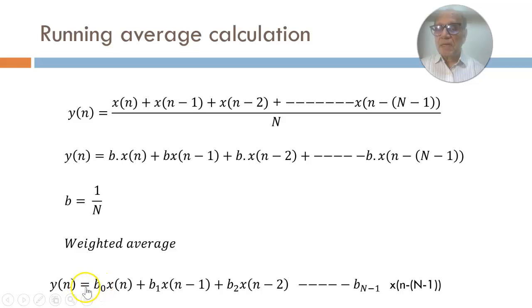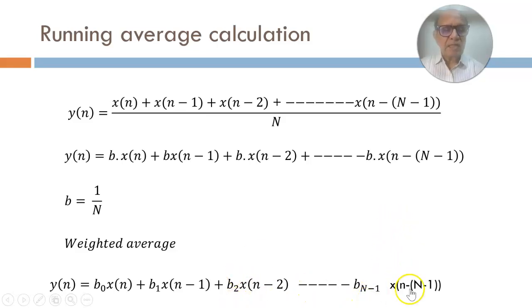And the kind of response that you get from the low pass filter and the nature of the filter itself will depend on the values of B0, B1, B2, etc. This is quite a general equation for a filter, and you can build a low pass filter or a band pass filter or a high pass filter and so on. Of course, the values for various coefficients will be different for different kinds of filters. So later on we'll study how to obtain these B0, B1, B2 for implementing various types of filters, and also how